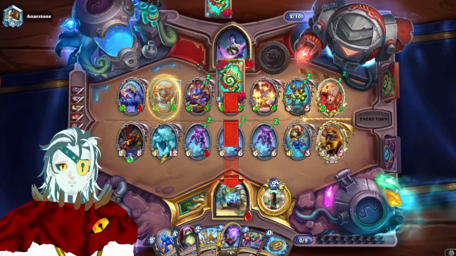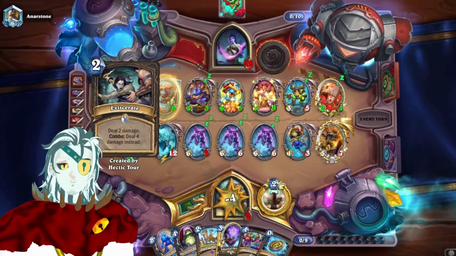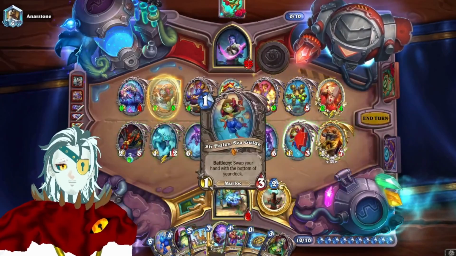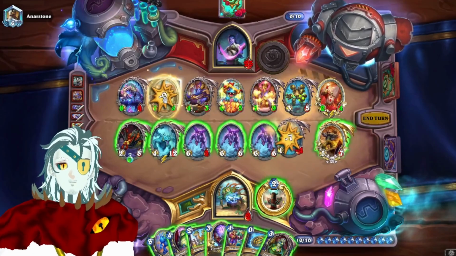So, a Hectic Tur into Eviscerate. Oh, 2 HP. Oh, that's funny. I don't know if that's going to matter. There is a way that we could...